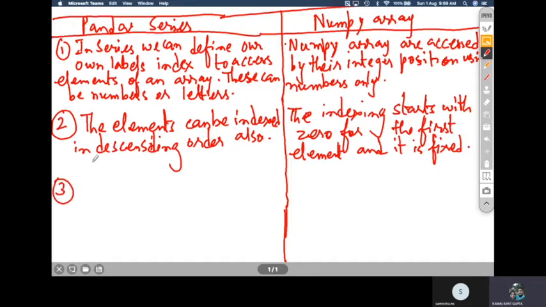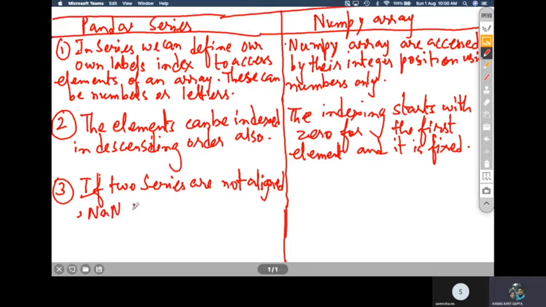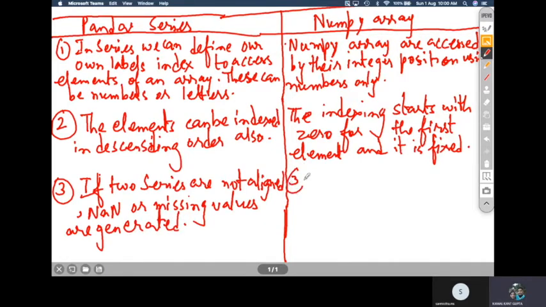Then the next point is, if two series are not aligned, that means their column names are not aligned, even then operations can be carried out. NaN or missing values are generated. But that is not the case with the NumPy array.